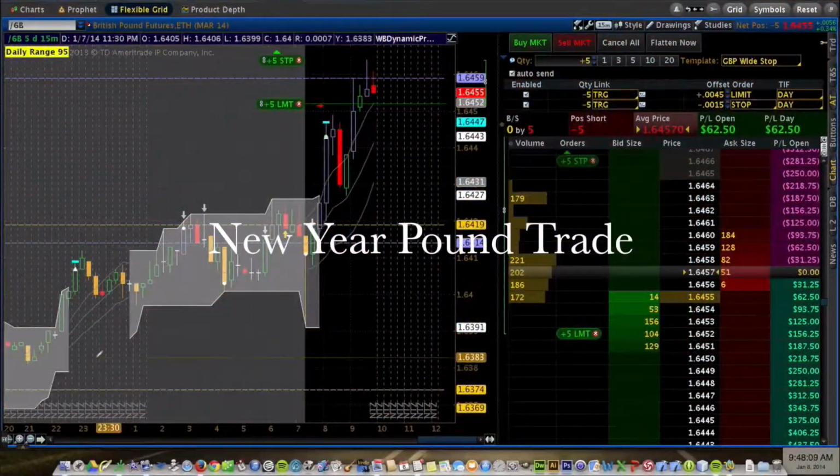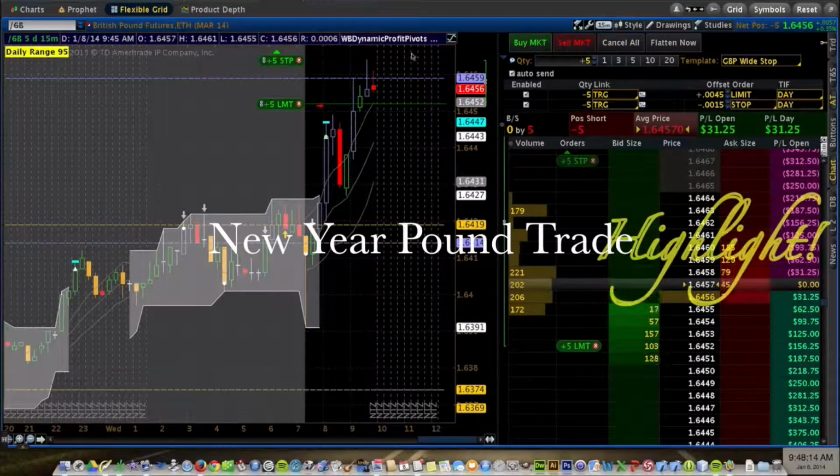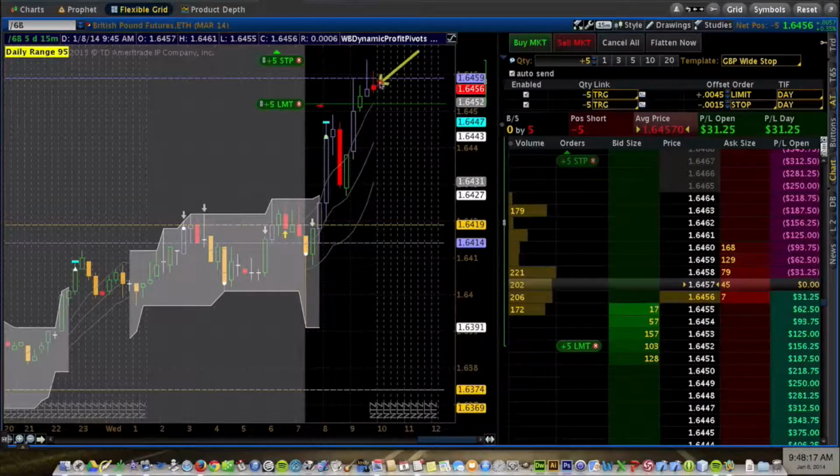Bill, and we're in a trade here on the British pound, 5 contracts. I went short on this red bar after this purple bar because we have pierced the upper profit pivot, the roof. I am targeting the upper Keltner channel here. This isn't a whole lot of a spread to make, but there's a pretty high likelihood that I will make my dough here. It's only $150, but I'm trying to teach people to be very conservative and set realistic profit